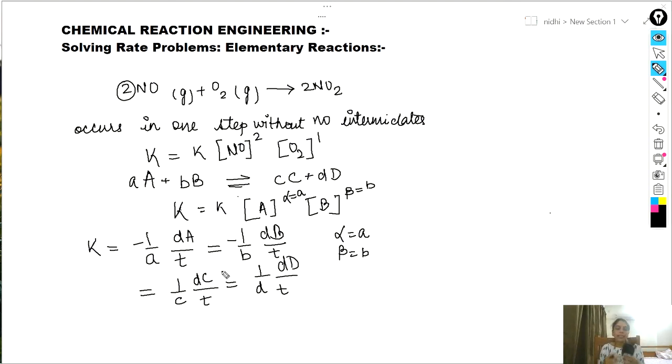So realize that this is one way you can express the rate. If you understand these facts about elementary reactions, that you always use stoichiometry as your order, and that you can express the rate in terms of 1 over the coefficient times the change of that quantity over time, and if you realize that this could be equal to that or that, then you will be ready for any elementary reaction rate problems that come in your